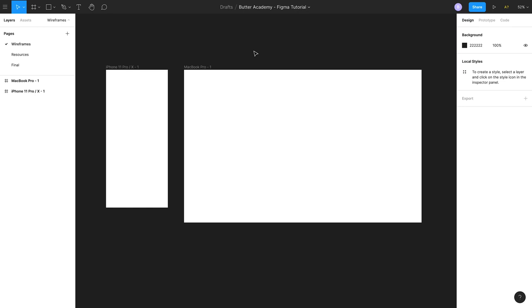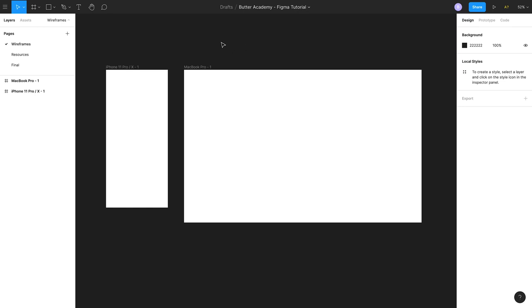And the reason that you do this is because most users on web nowadays are actually using the website on their mobile device versus a desktop device. So you really want to make sure that that mobile device is perfect. In my experience as well, I find that it's also easier to solve design problems on a small screen and then adapt to a large screen versus the opposite, starting with a large screen and then having to scale down to a small screen. So I think it's a really great practice to start with mobile,